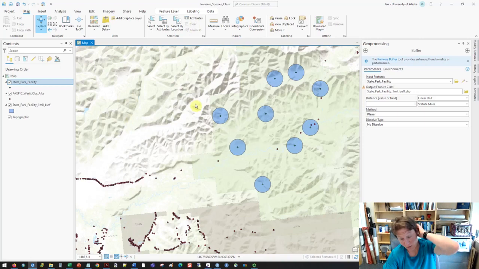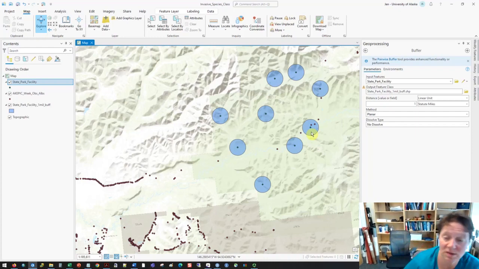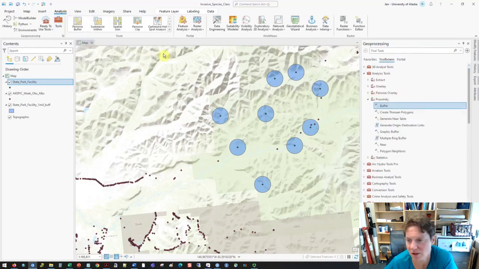But now say we want that richer information, and we actually want to count up the number of invasive species within 1 mile, and join it to our GIS data so that we can make a map where someone could easily look at it and say, oh, this is an area of the state we need to target for invasive species removal. To count up the number of invasive species points within the buffer, we use something called the tabulate intersection tool. So if we go over to tools,